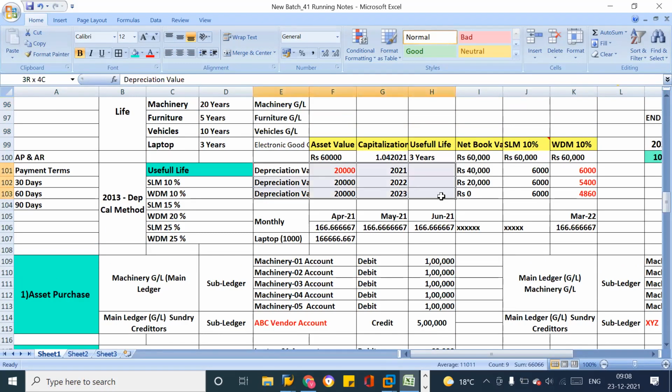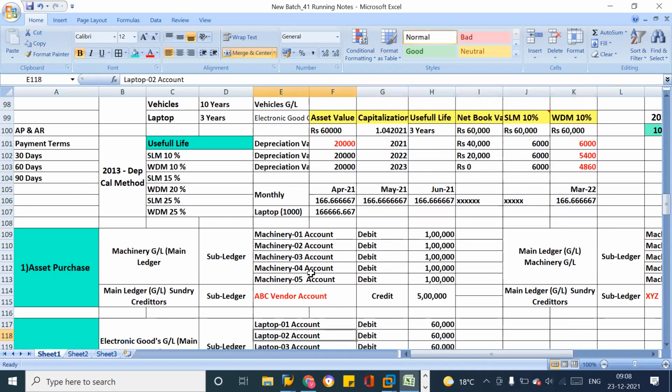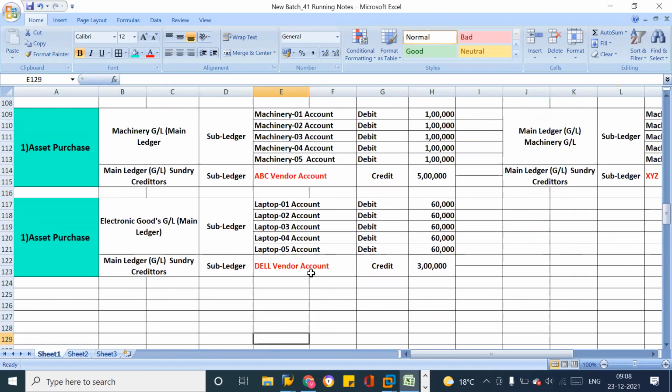First, we have to calculate the depreciation value for the year. Then the depreciation amount we have to book monthly. How to split monthly? Then what is the accounting entry? Depreciation account debit to asset. So the next activity is we are going to run